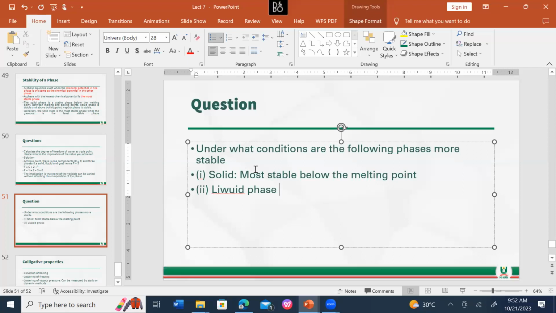The answer for 1 is solid. 2 is liquid. And 3 is gas. So the answer for liquid phase, liquid phase